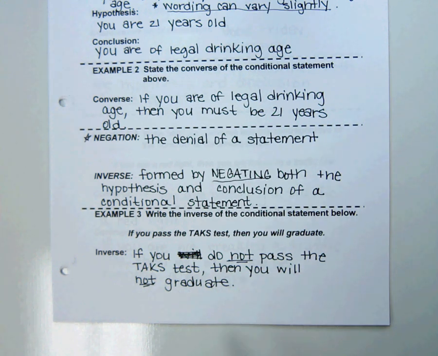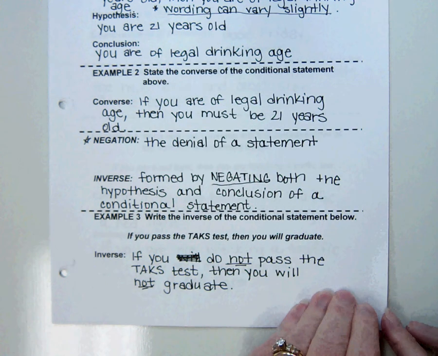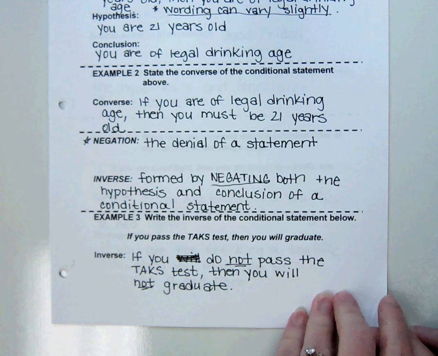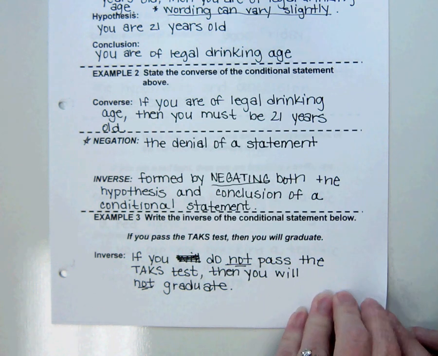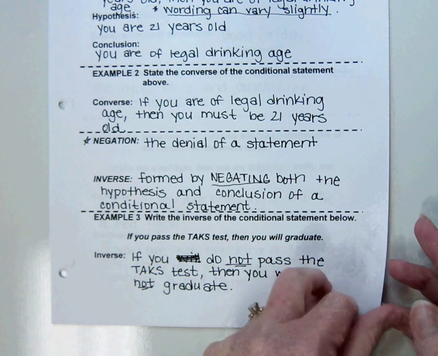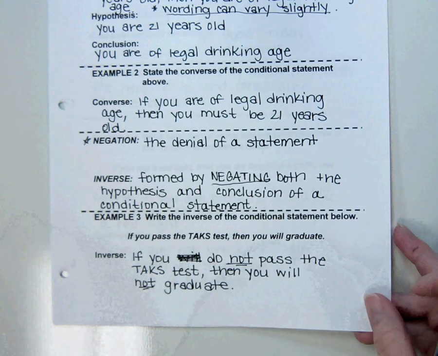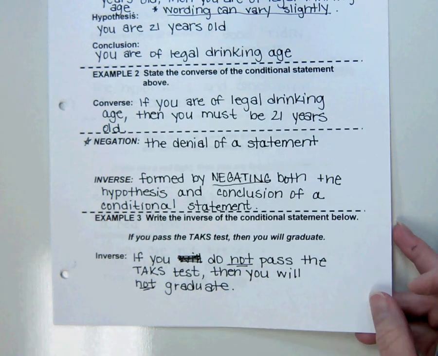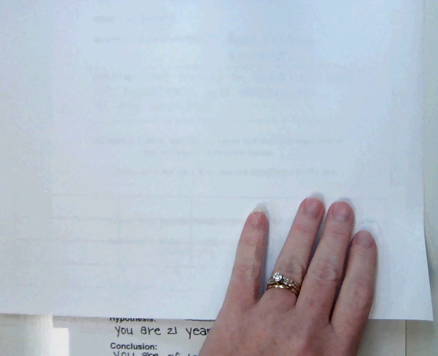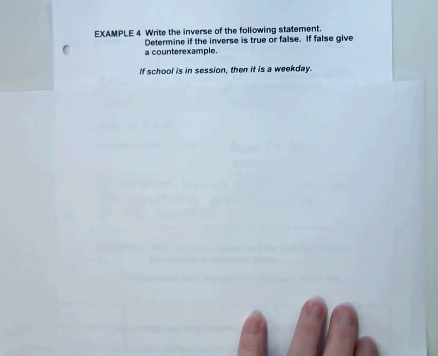Let me know if that doesn't make sense, but that's how you negate a statement, and that's how you write an inverse. So basically the inverse is when you take the converse statement and negate both the hypothesis and the conclusion. I think on this next page I'm going to cover up, I want you to try it before I show you the answer. I want you to try it on your own,